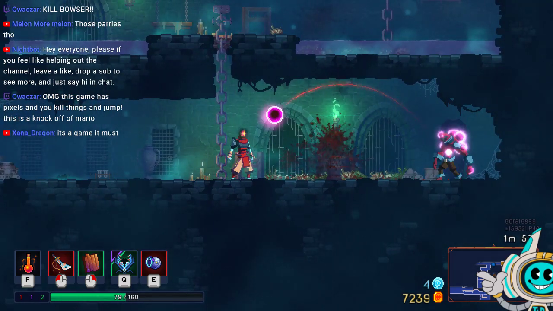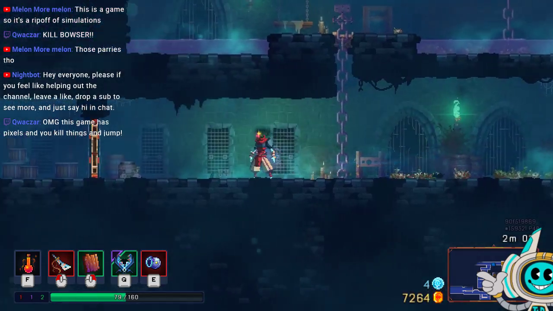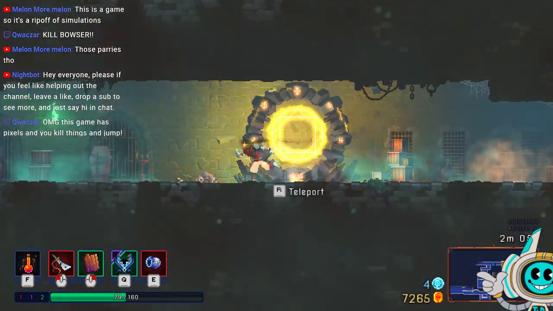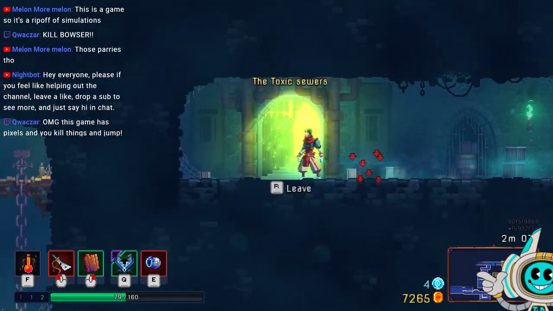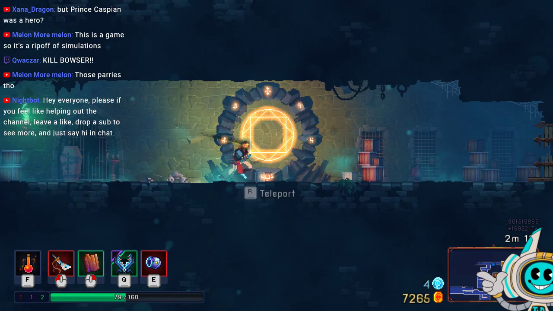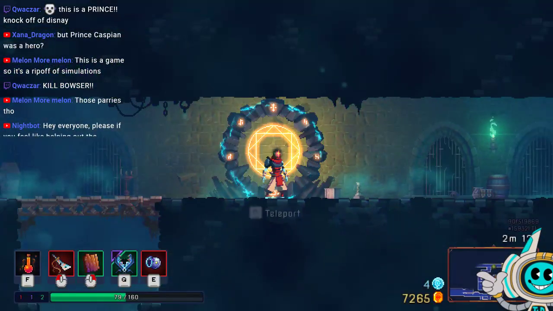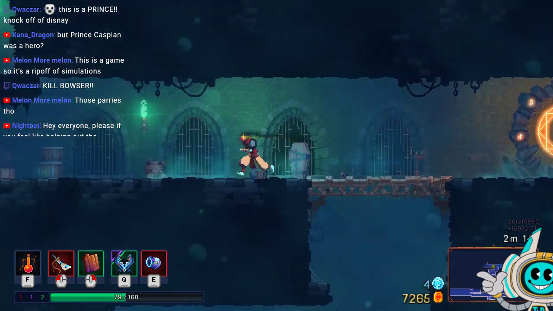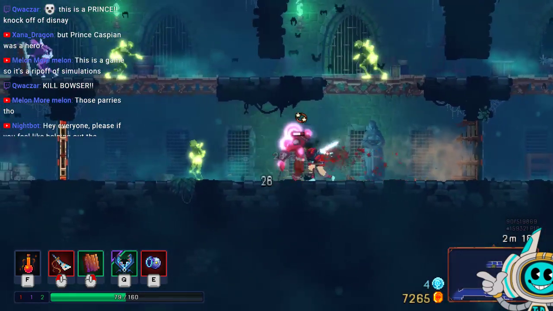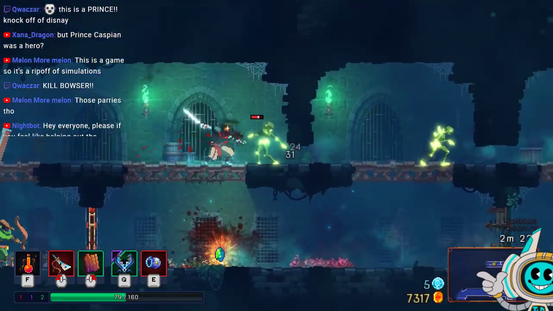Throw another one at me. Poink! This is a game, so it's a rip-off of Simulations. Prince Caspian was a hero. Name me an evil prince. Prince John? But he's not a Prince John rip-off, because he's a badass. Like he's a knightly prince. He's kind of Magus-y as well, so...